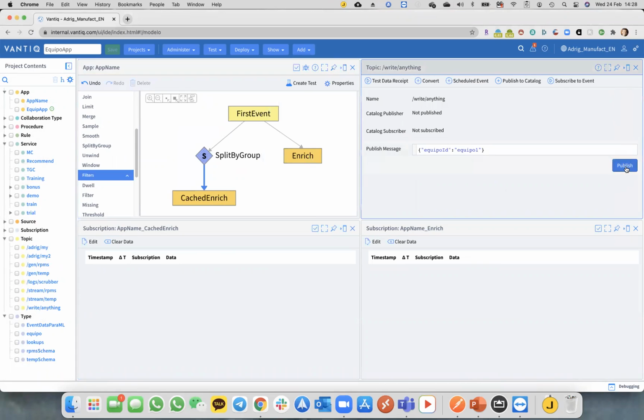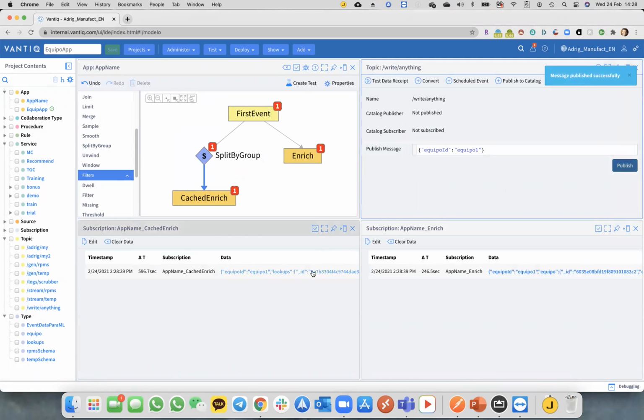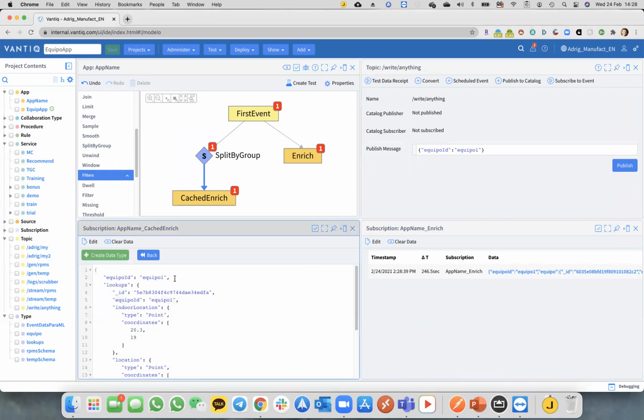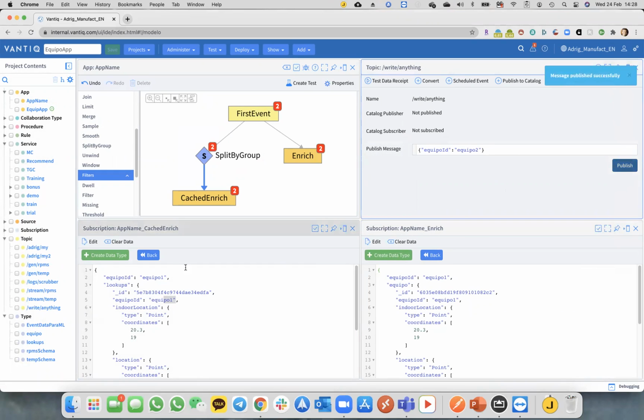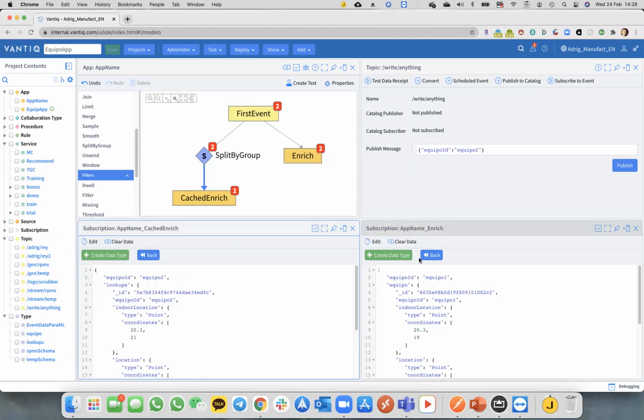Let's put it like this, publish. So here you can see equipo 1, equipo 1. Again, 1 and 1. If I put 2, it's 2, 2, 2, 2. So Vantiq split the streams into several streams based on the group ID, and in memory it's creating,